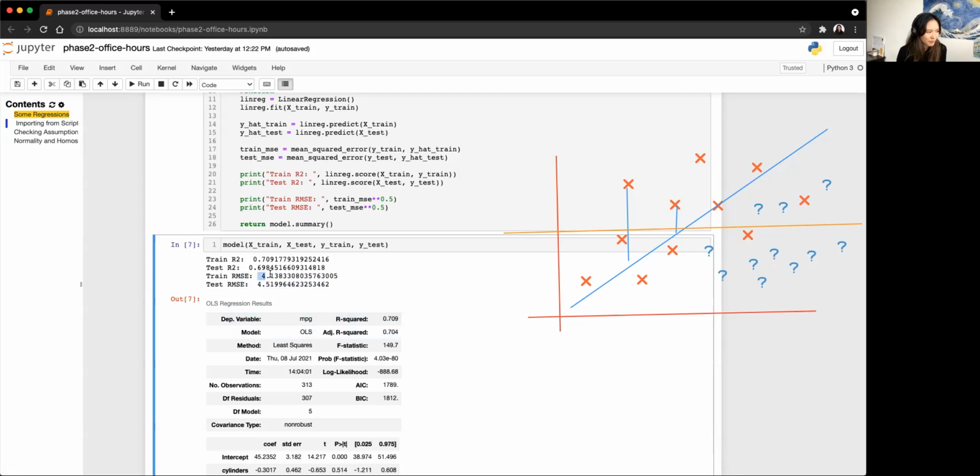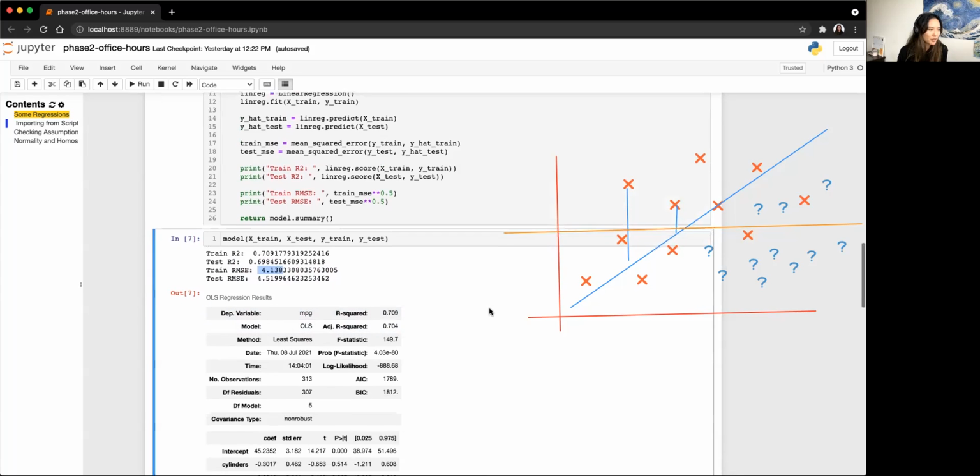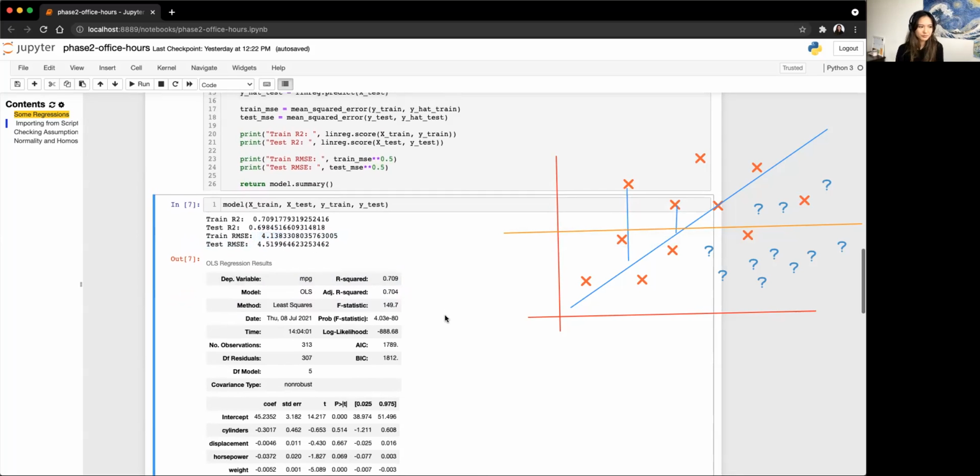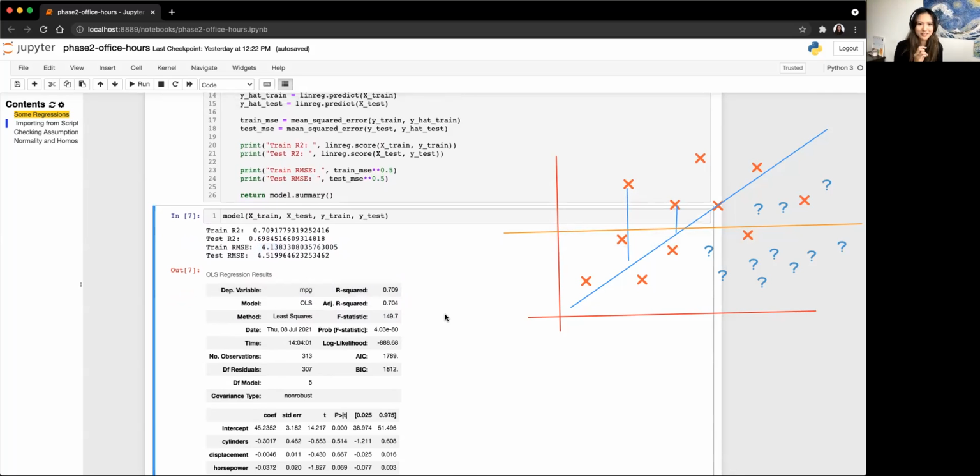So here is just saying that for my train set, my model on average predicts about 4.138 miles off, and then my test set 4.52. Now there's some other things to think about when you're looking at RMSE. If these two numbers diverge a lot, it's a very, very strong sign of overfitting, because